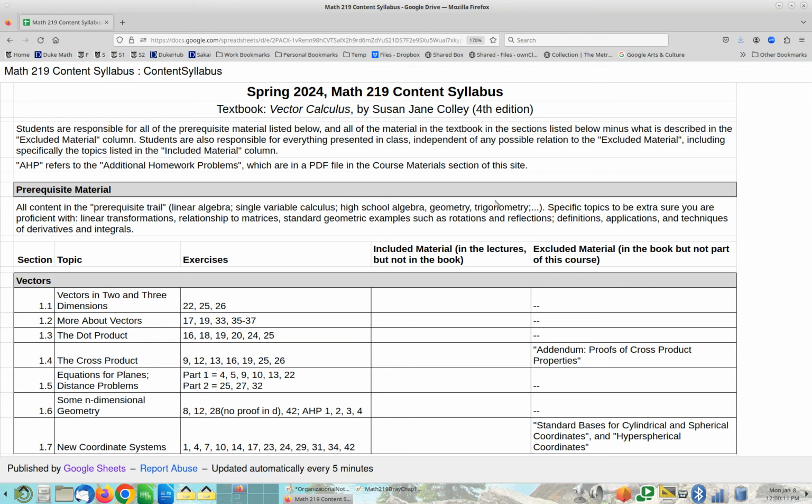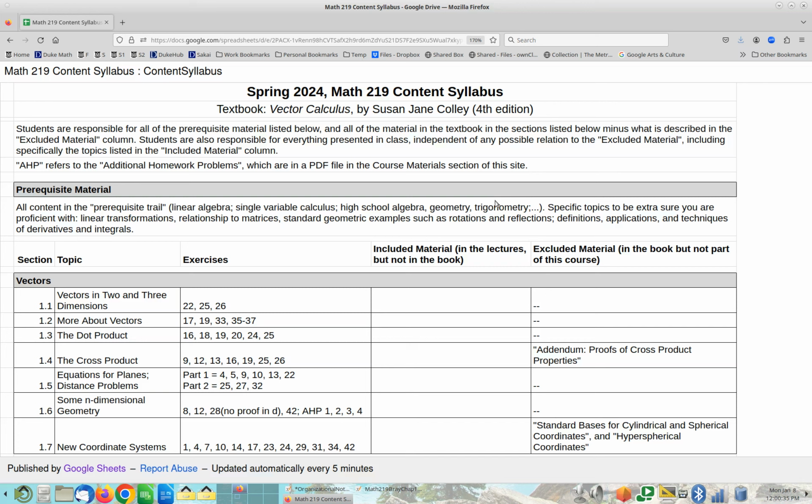So all of that is prerequisite. It's part of the prerequisite trail. I do expect that you will be proficient with all the material in the prerequisite trail. If you are concerned, maybe not quite proficient, maybe have some gaps, you'd want to fill that in. Take a little bit of time and solidify, make sure that you're good to go with all of the prerequisite